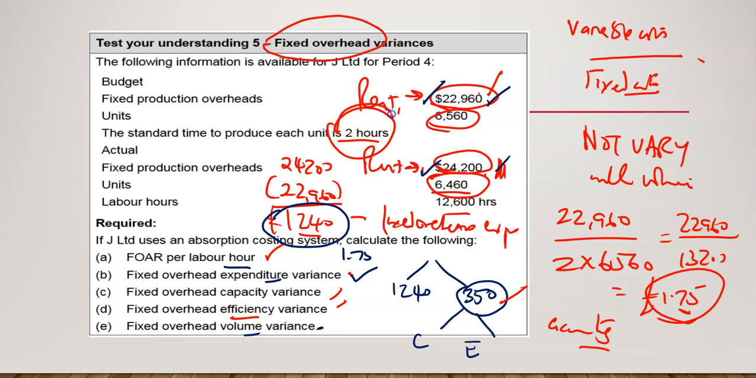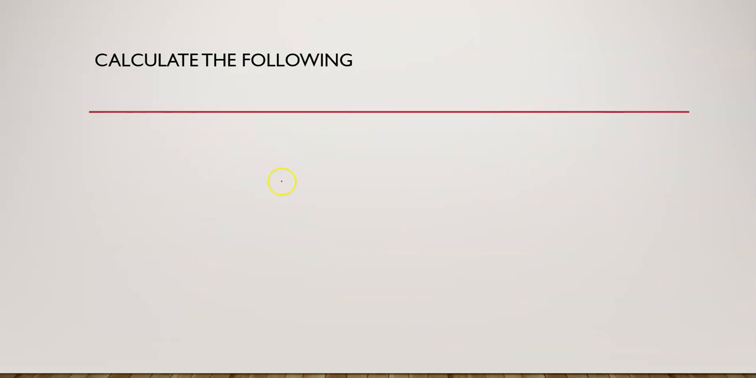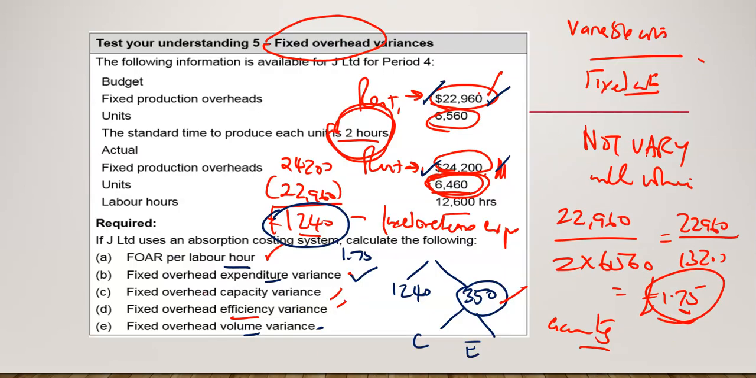We expect you to use 2 hours to make a unit. So therefore, for 6,460 units, we expect you to use 2 hours times 6,460 units. So that's 6,460 times 2. We expect you to use 12,920 hours. And then the question here is, how many labor hours